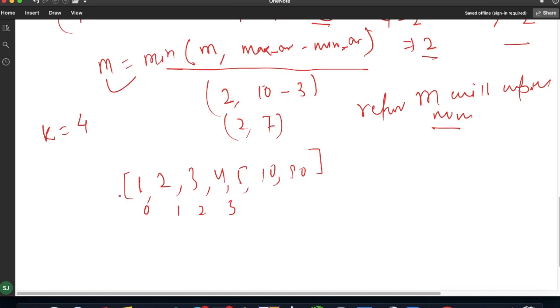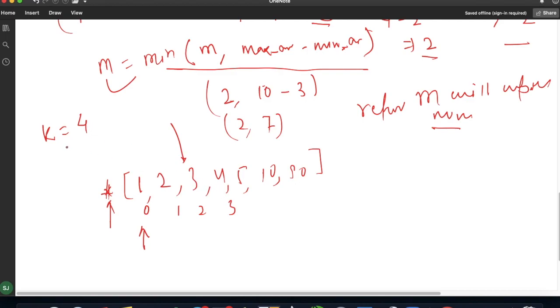So initially my i should be present here at this element and j should be present here, correct? But I am initializing i here and j here instead of at the correct position, that is, at k